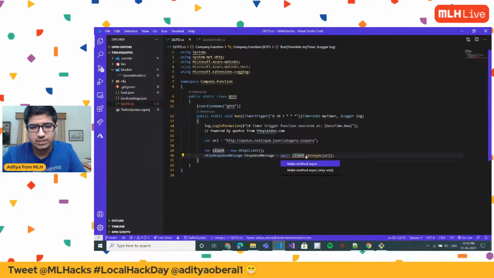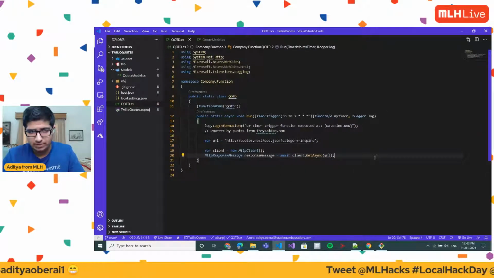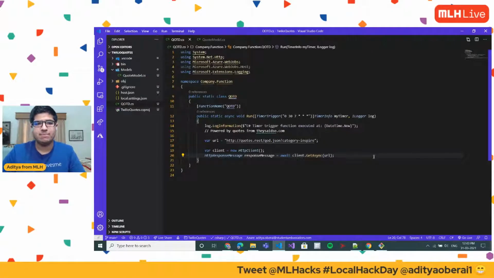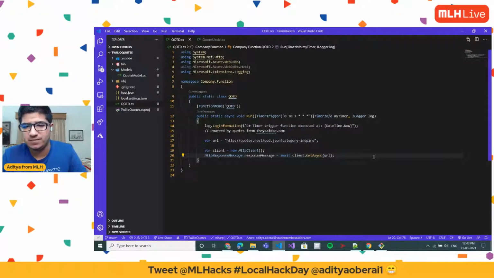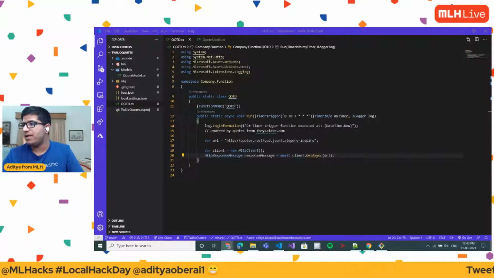As you can see, yes, I need to make the method async in order to run this. So I'm just gonna do that. And this is gonna allow me to run asynchronous functions with my method. We need to do this because the HTTP requests here in .NET, at least this function essentially